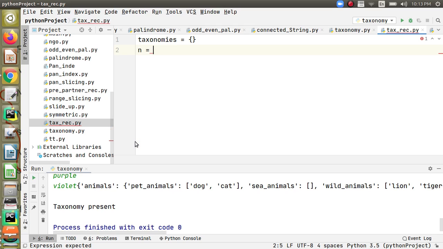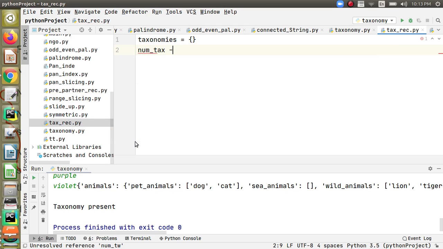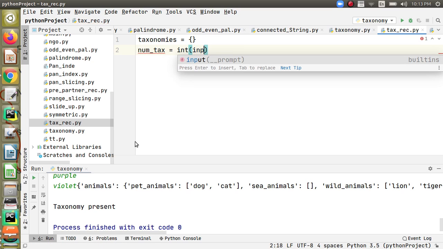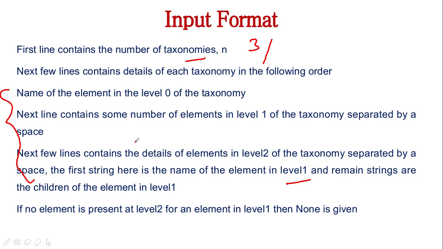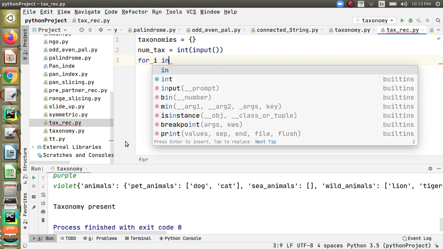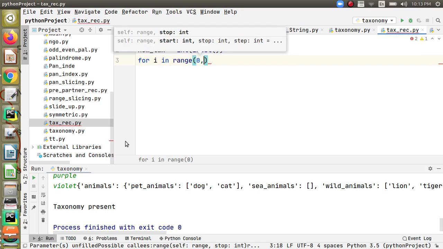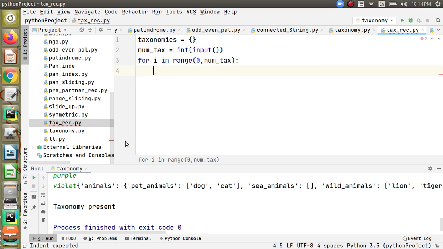First thing is going to be the number of taxonomies. So let me say number of taxonomies, and I have to convert it into an integer. Yeah, and next few lines contain the details of each taxonomy, right? So for i in range 0 comma number of taxonomies you are going to traverse,